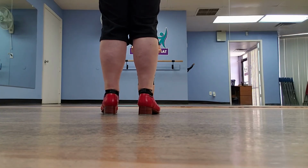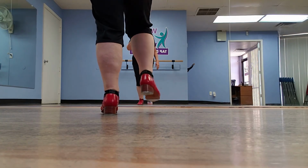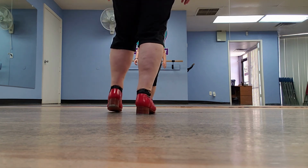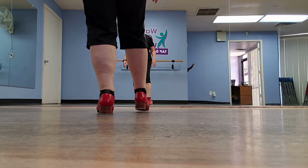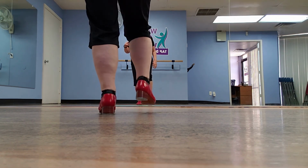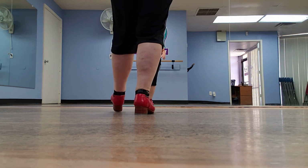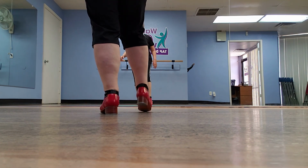5, 6, 7, 8, and 1 and 2 and 3 and 4 and 5 and 6 and 7, hold 8. 1 and 2 and 3 and 4 and 5 and 6 and 7, hold 8. 1 and 2 and 3, hold 4, 5 and 6 and 7, hold 8. 1 and